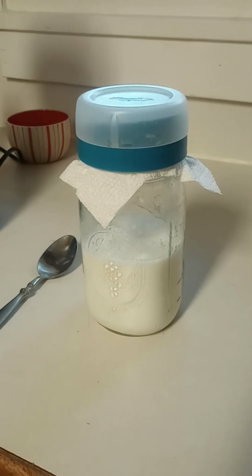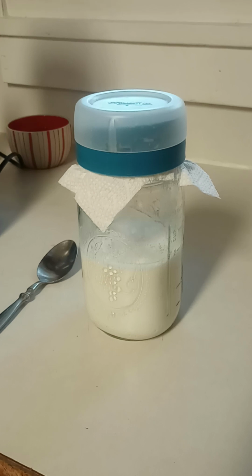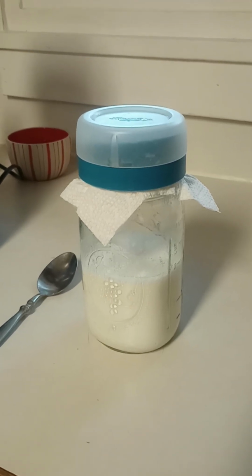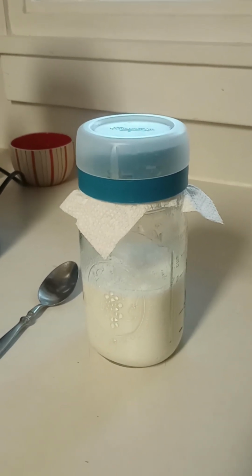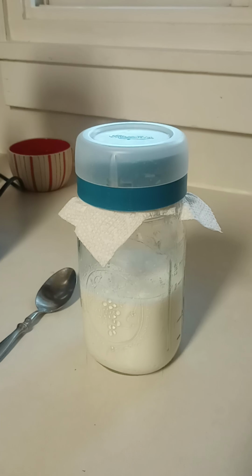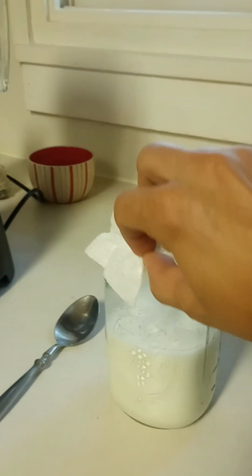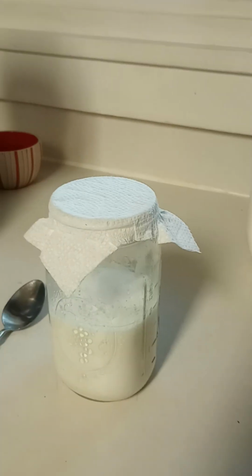This is a quick little tutorial on how to make kefir, an easy way also to separate the grains from the rest of the mixture. So I put in 2 cups of milk and let this sit 24 hours, and I cover the top of this with a paper towel so bugs don't get into it, because this is not fine enough to stop bugs